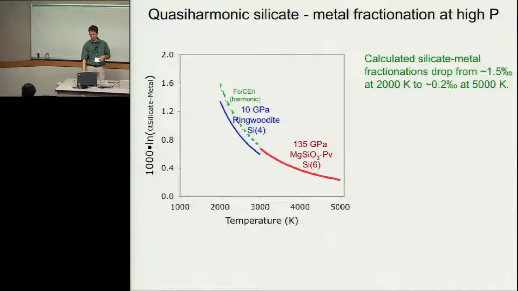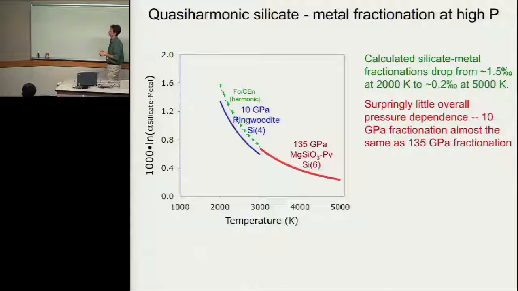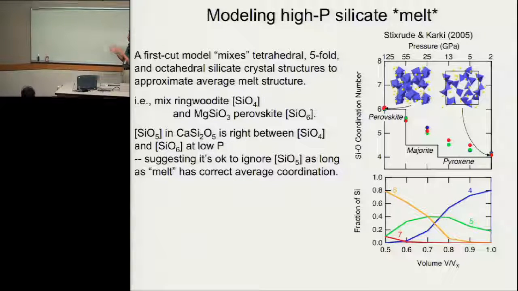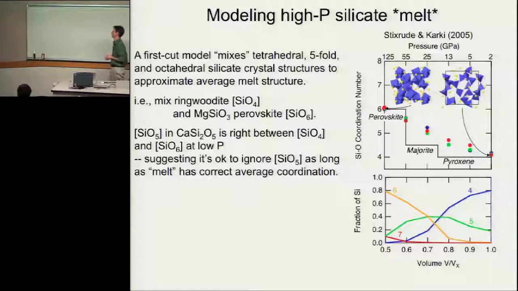And we tried to do this a little bit more sophisticated way. This is stuff I've already told you. To actually maybe take account of the fact that this is probably a liquid process, not a solid phase process, in the Earth's history. And so based on work like Stixrude and Karki, where it was shown with more dynamical calculations that there appears to be a gradual transition with specific volume of the melt in its average silicon-oxygen coordination, we tried to incorporate in these models some flavor of that. We did that essentially by taking our ringwoodite model and saying that's low pressure melt, and taking the perovskite model and saying that's high pressure melt, and then just mixing them according to the volume that we're interested in at a particular pressure. So we just essentially made a linear mixing model between those two things and said, melt